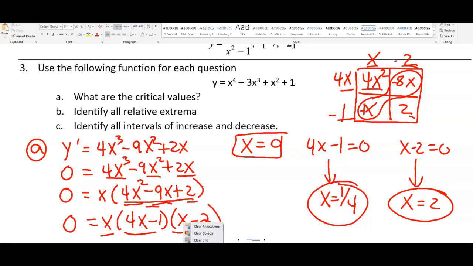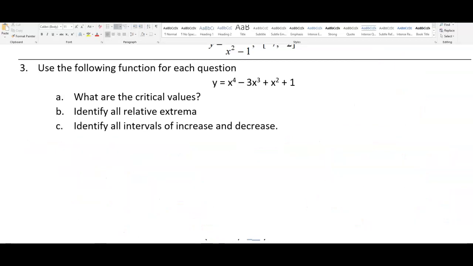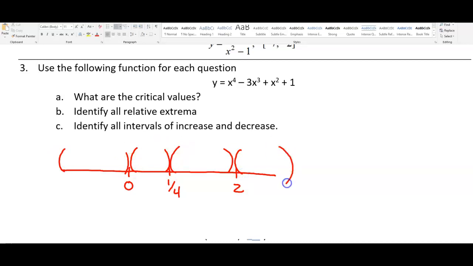So that's part A. Part B says find all the relative extrema. All right. So I'm going to recommend that you use the number line test for that. So we had 0, we had 1/4, and we had 2. Okay, so what we're going to do is plug into the derivative some test points. Notice that I'm plugging it into the derivative